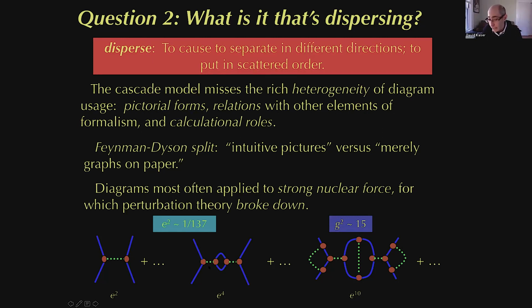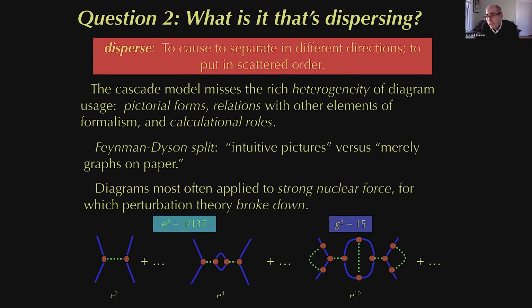This one is a more complicated diagram. There are 4 spots where electron lines hit photon lines or vice versa, 4 red circles. That's an e⁴ diagram. The coefficient, I should say, in front of the long algebra would have 4 factors of this constant number e. Here's an example of a 10th order diagram where you're trading 5 virtual photons as an e to the 10th. Now, it turns out that in natural units, the charge of the electron is small. Electricity is a weakly coupled force. In particular, e squared is about 1 over 137 in these kind of natural units.